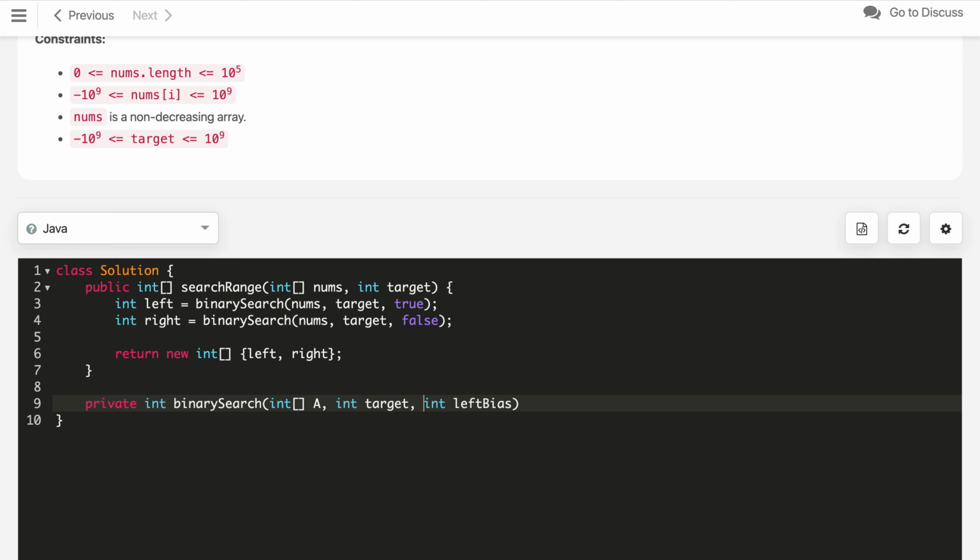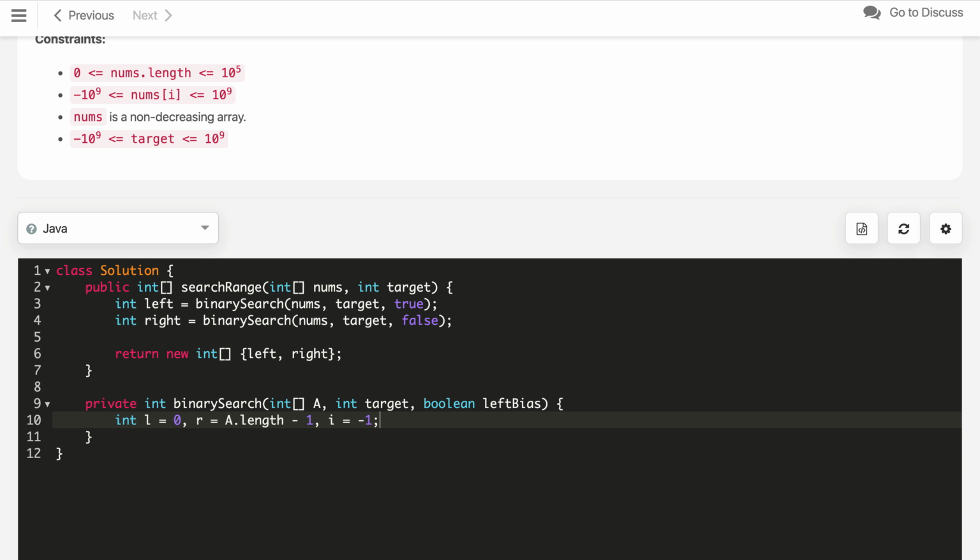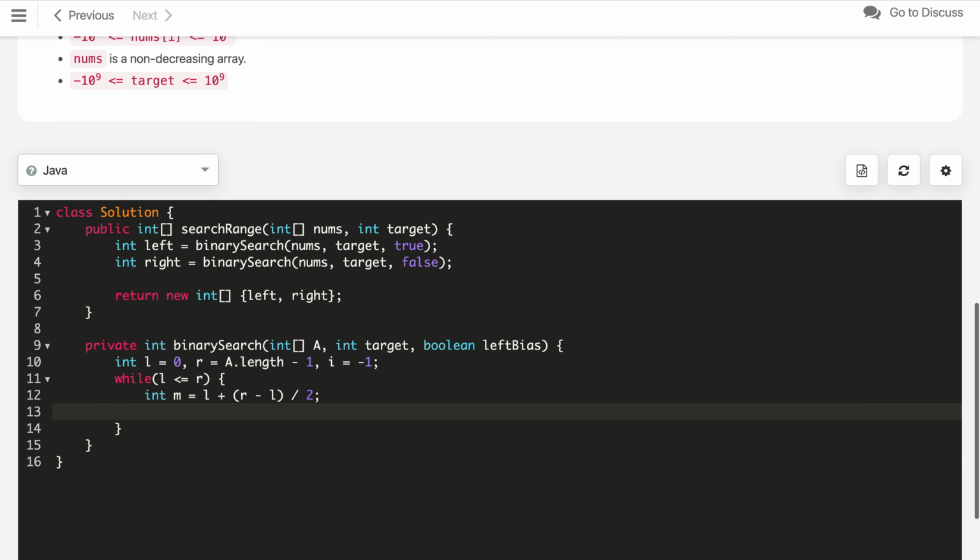Now, what we need to do is initialize L to 0, R to the length of our array minus 1, and I to -1 for the not-found case. Then we loop while L is less than or equal to R. First we find M as L plus (R minus L) divided by 2. I am doing this to avoid integer overflow.